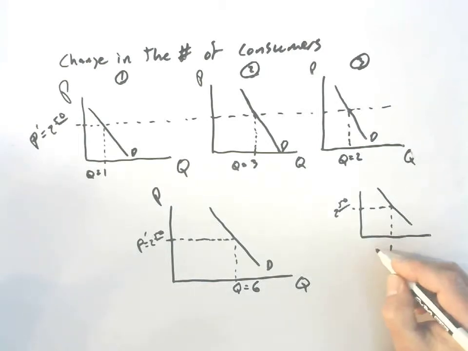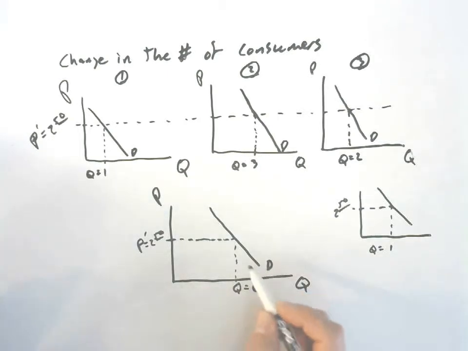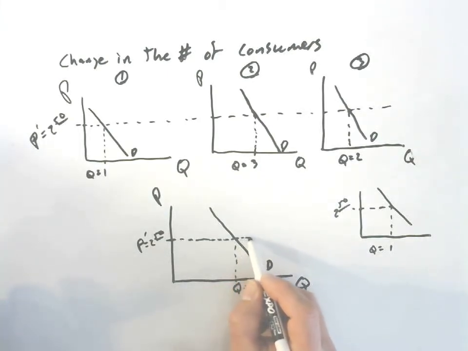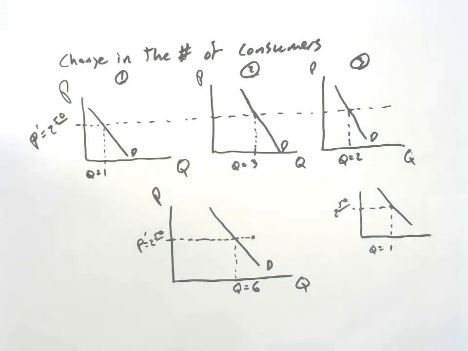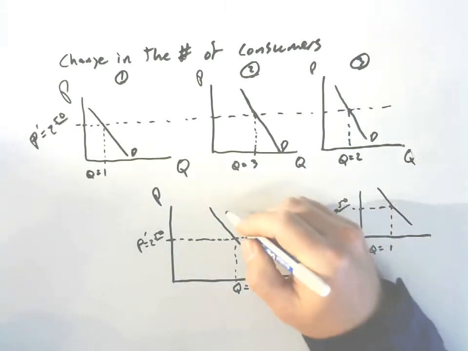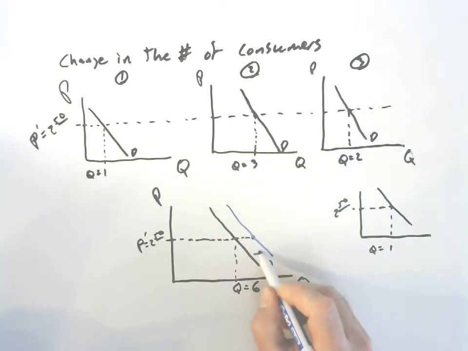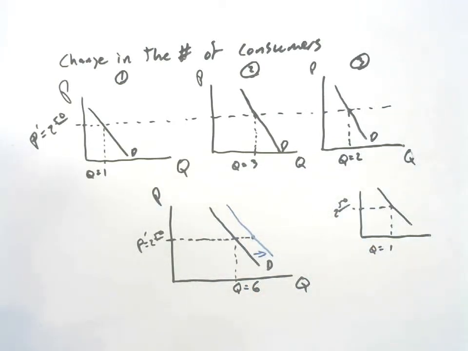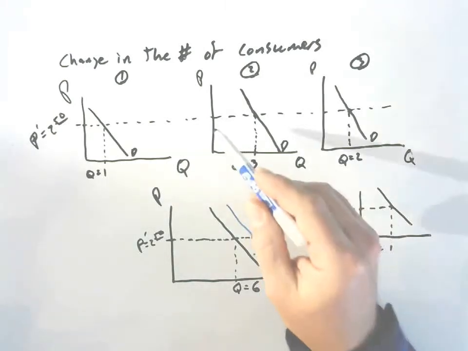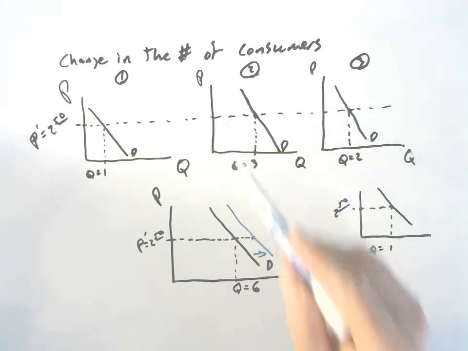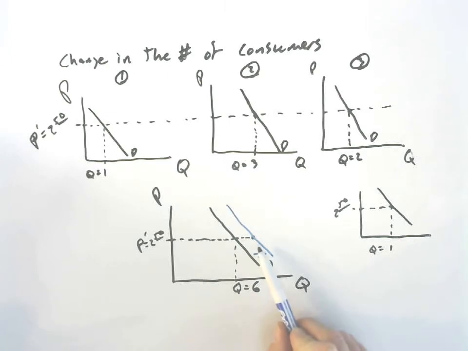Their quantity demanded equals 1 at $2.50. Then at $2.50, we would go over one more hamburger, and that would be our new market demand for hamburgers. In other words, if we add consumers to the market for hamburgers, we would get an increase in the demand